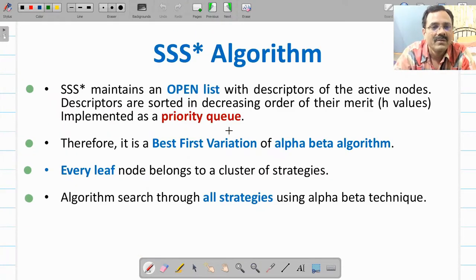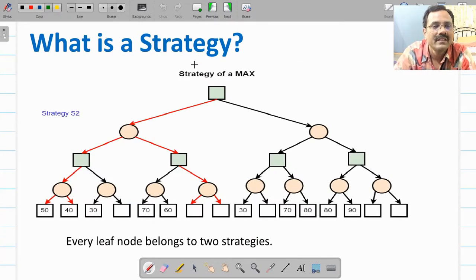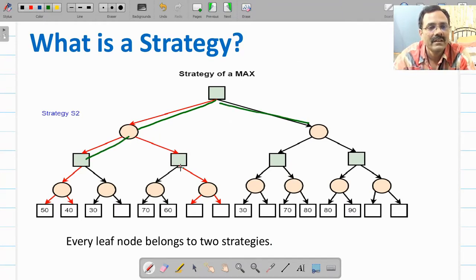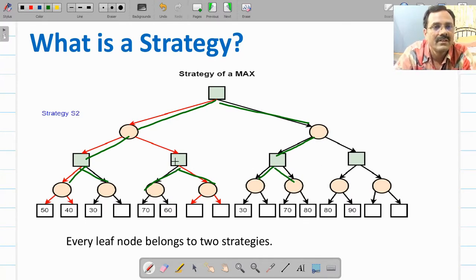So let us go back to see this game tree. So if it's a max, add all, this one and this one. If it's a mean, add only one. Suppose we select leftmost first. Sorry, if it's a mean, select one. If it's a max, select all. Right? This will not be selected.